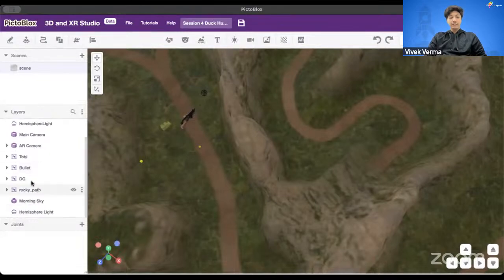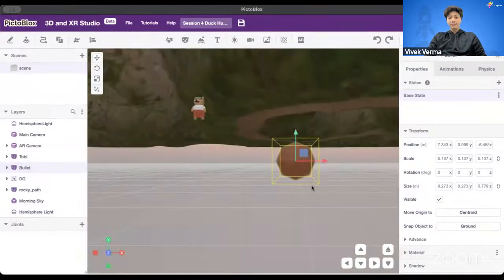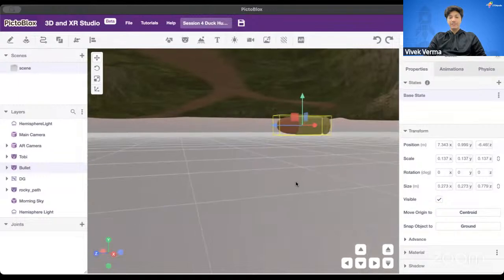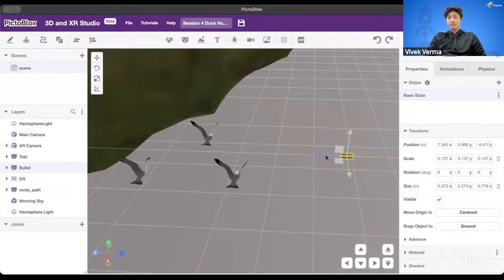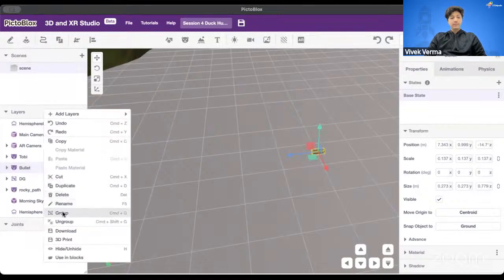So I will go in the designing path and I will select bullet. So what is happening? My bullet is traveling like this. This is how my bullet is traveling. But I don't want to do that. I wanted to rotate it around so that it travels accordingly. Right now, this is its forward direction going towards this part, like this. So to resolve this particular issue, I will make a group